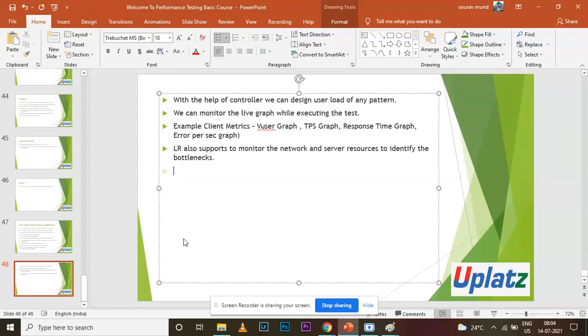So definitely, it supports monitoring the network and server resources to identify all the bottlenecks,